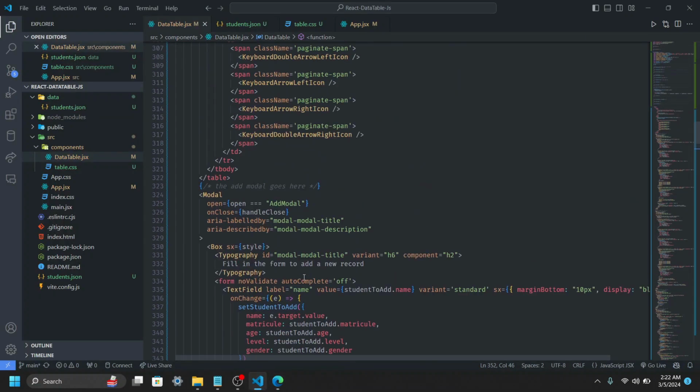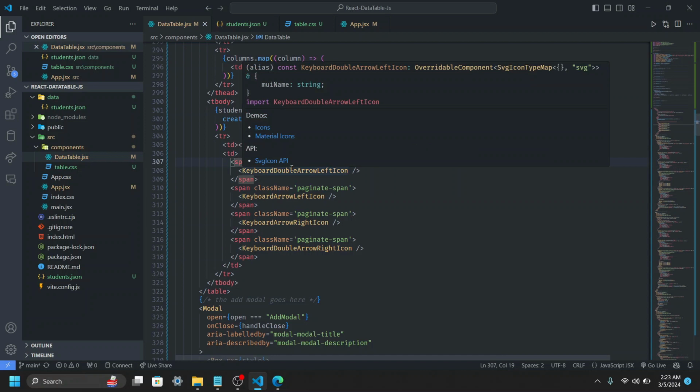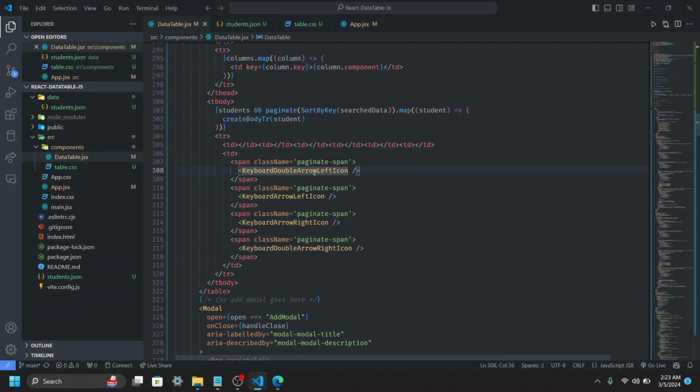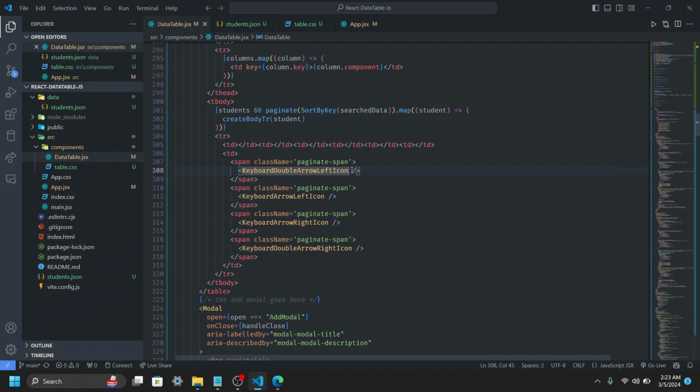So I'm going to return back over here to where we have our arrows. And what we want to do is add on-click event listeners to each of these spans, since as discussed before, it's not good practice to add the event listeners directly on the arrows. So the first event listener I'm going to add is going to be on this first keyboard double left arrow. And what we want to do is when we click on this, we want to return to our first page on our data table. So I'm going to add that,